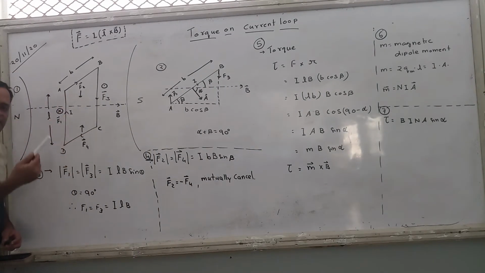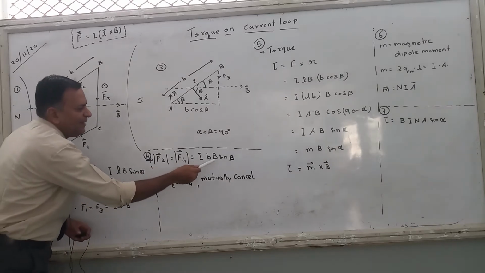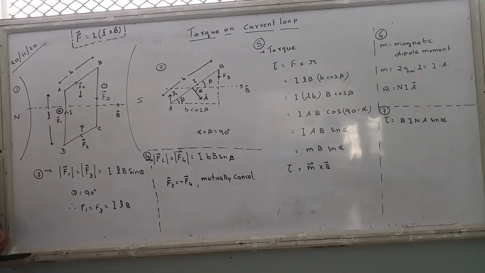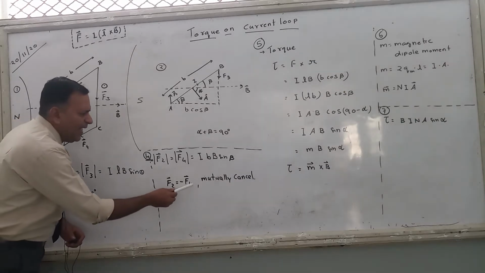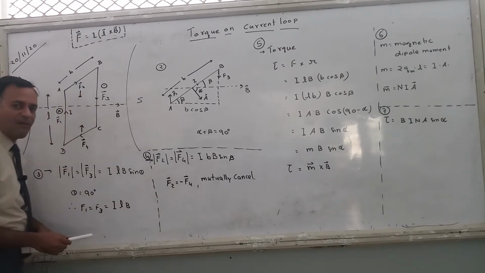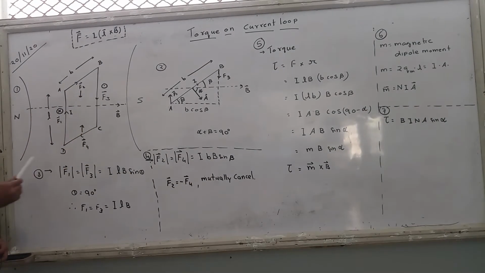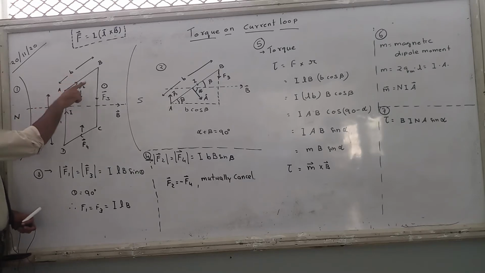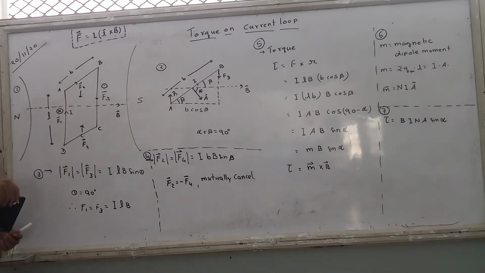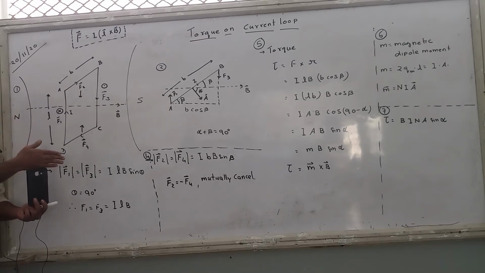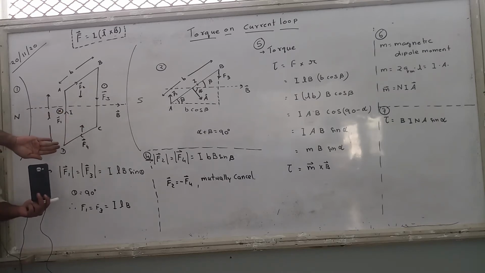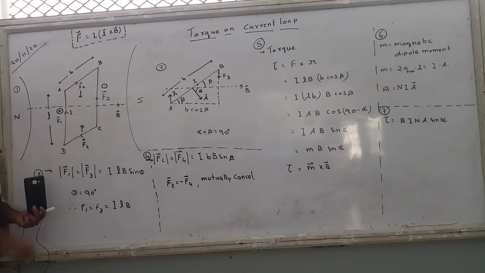F2 and F4 again will be equal because same current, same length, same magnetic field, same angle. Okay, so what is F1 and F4? They are equal and opposite. I, B, B, sine beta. Direction. Keep the fingers in direction of current. How did I tell you just now? It is not like this, it's like this. So keep fingers of right hand in direction of current. Close the fingers toward direction of magnetic field. Where is the magnetic field? Here. Where is the current? Like this. Fingers folded completely. Thumb shows downward direction. So F2 is in downward direction.